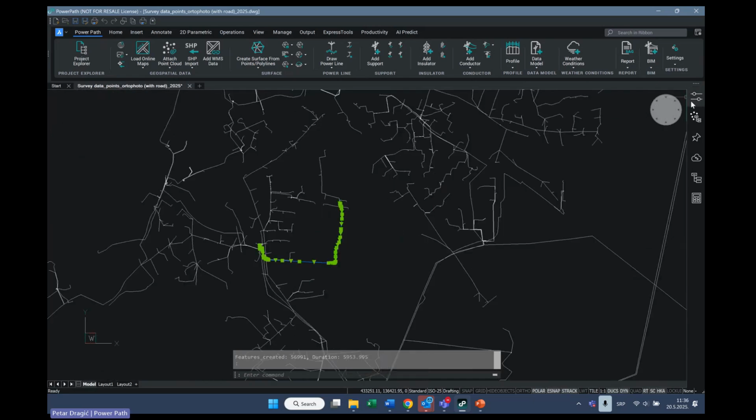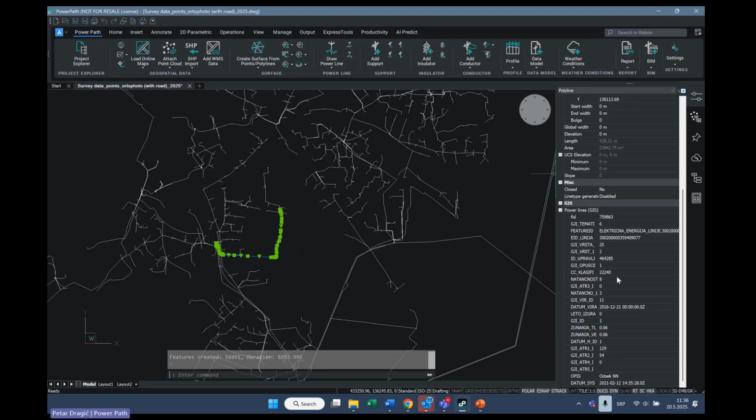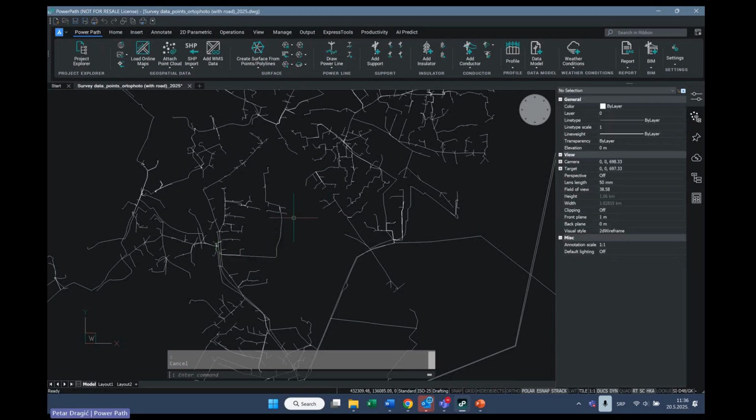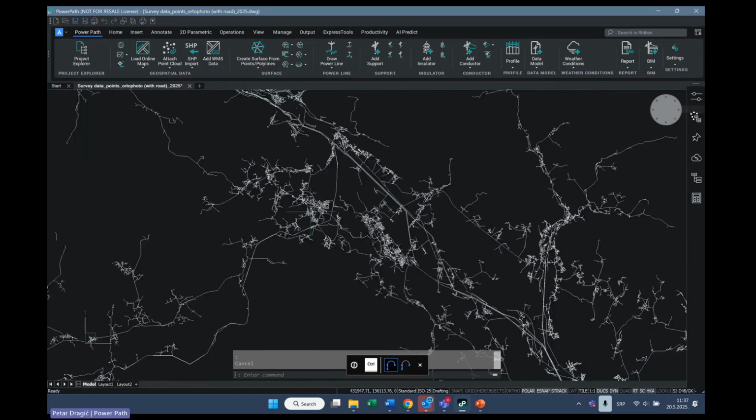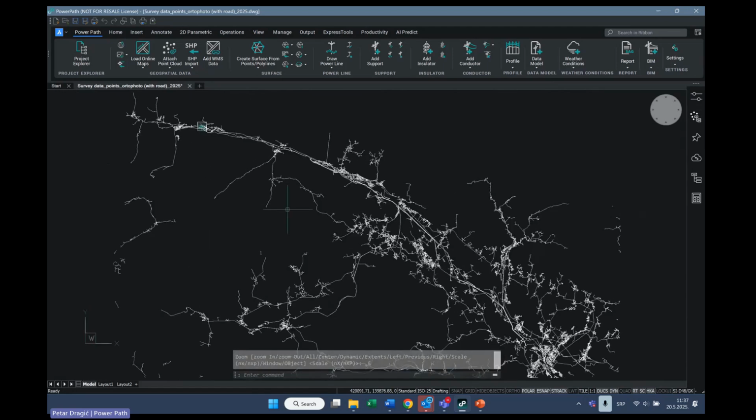If I select it and go to properties, you will see that now in GIS data, there are all of the attributes that are connected to this source or this GIS data. Of course, you have options for exporting GIS data, but as I mentioned, that is already from the previous version. What I want to show you here is that I have already inserted the GIS data. Now I want to just load the WMS data for this part.